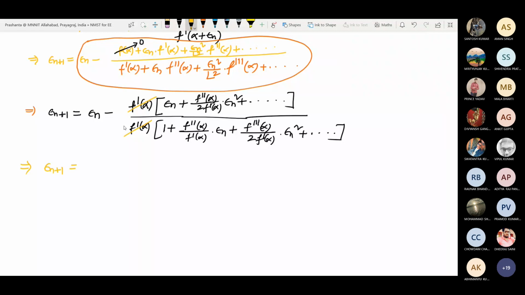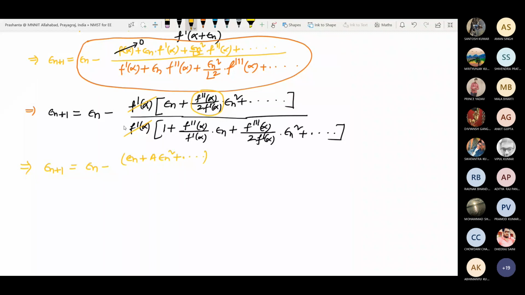Now to make the expression look simple, I am going to replace this term by some constant. You tell me anything. f double dash alpha by 2 times f dash alpha. You use any other symbol to make the expression look simple. Shall I use A, B, C, P, Q, R? Anything you say? Yes, sir. I am representing it as A. Okay. So epsilon n plus A epsilon n square and the remaining terms,